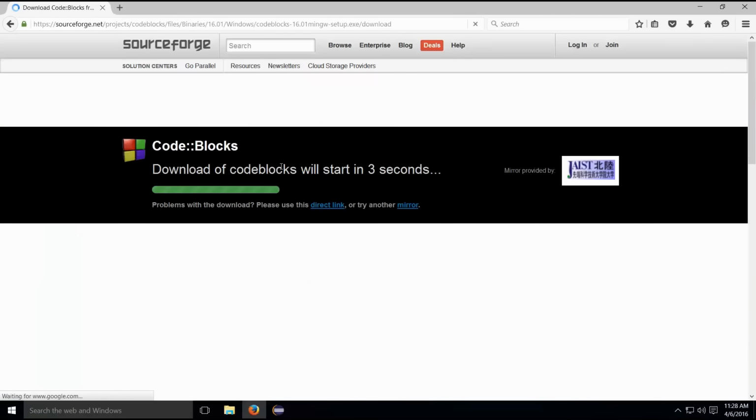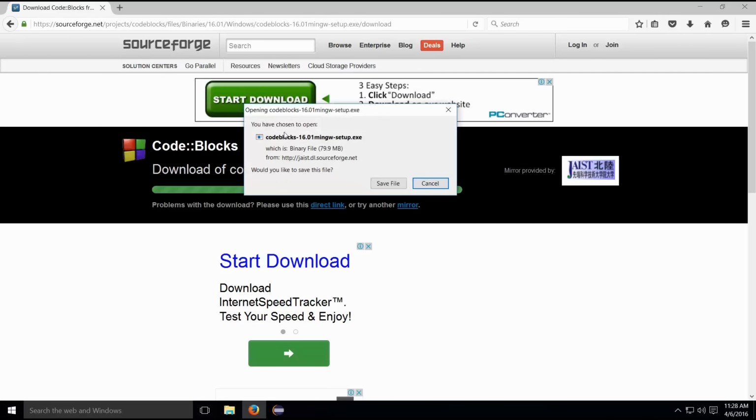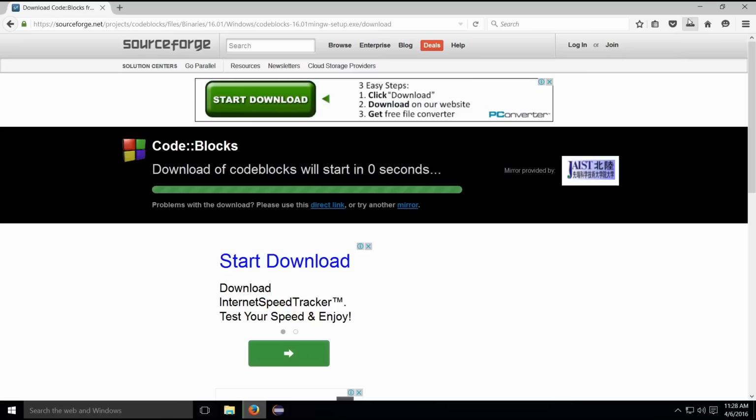It says download of CodeBlocks will start in like 3, 4, 5 seconds, whatever. Excellent. So you have chosen to open CodeBlocks, exit, okay, save file. By the way, let me just tell you that when downloading exe files from the net and running them on your PC,